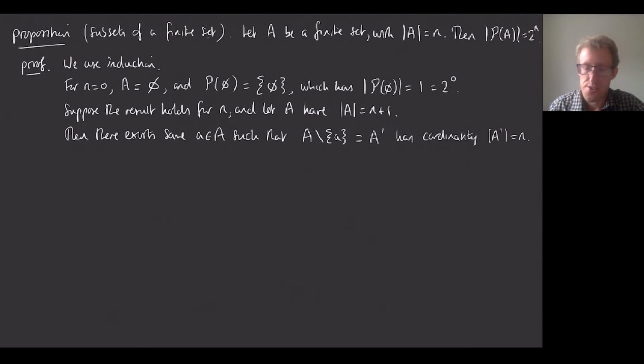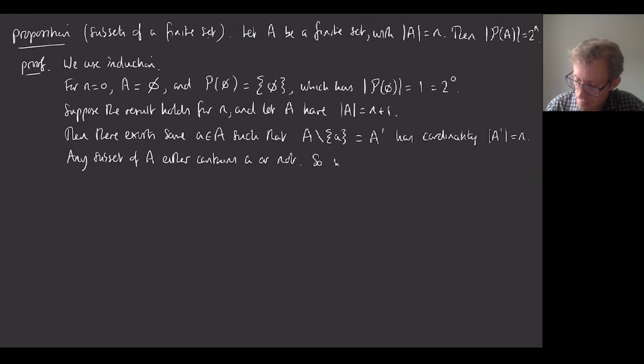So this allows us to build what we call a partition of the power set of A. I'm going to talk about partitions in the next lecture, but I'll explain what I mean by actually just writing it out. So we're going to split the power set of A, that's the set of all subsets, into those that contain the little a and those that don't. So let me write some explanation of that. I'm going to say that any subset of A either contains little a or not.